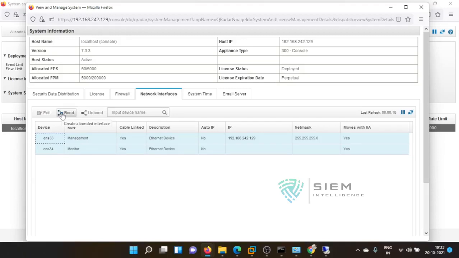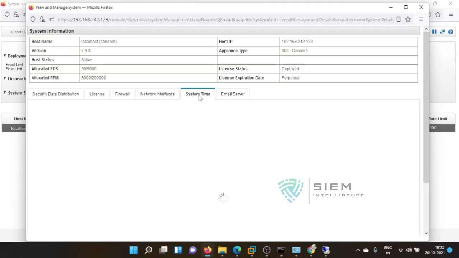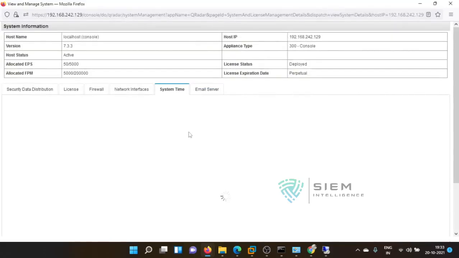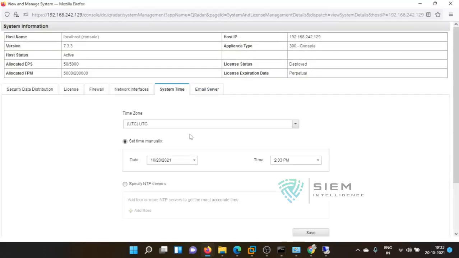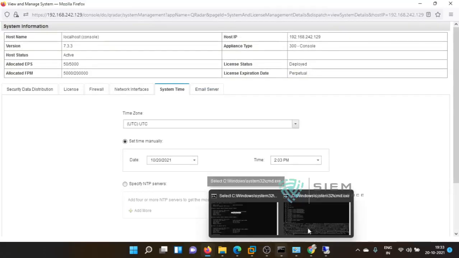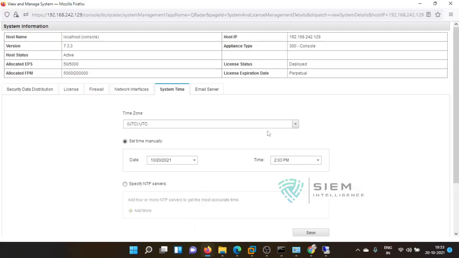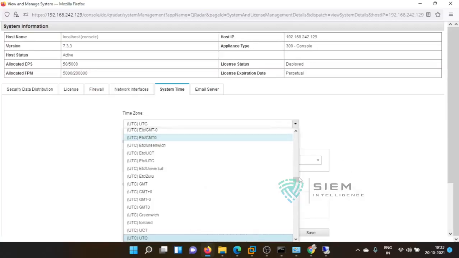It is something like if you have L31 and L32 and you don't want a network break in between, you wanna think of it as high availability of network, then you can do those things. And there's something called system time. You can manage system time from here, instead of doing it from your terminal. You have to change all these things from here itself.